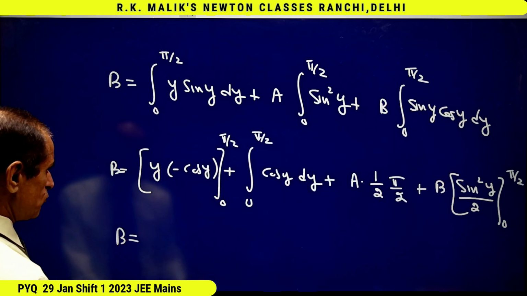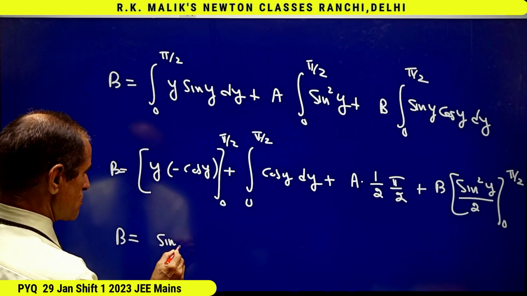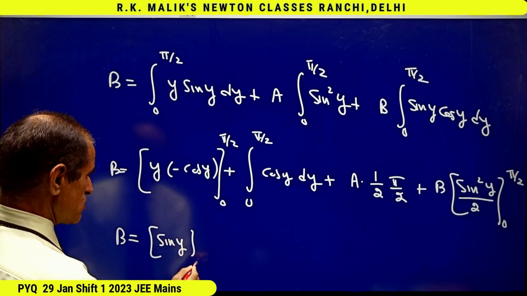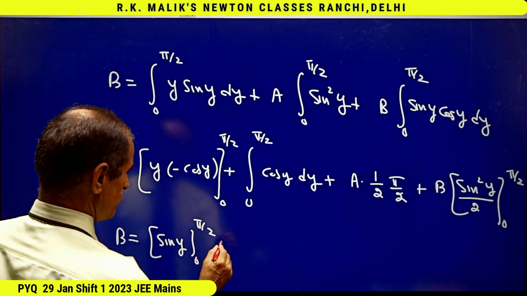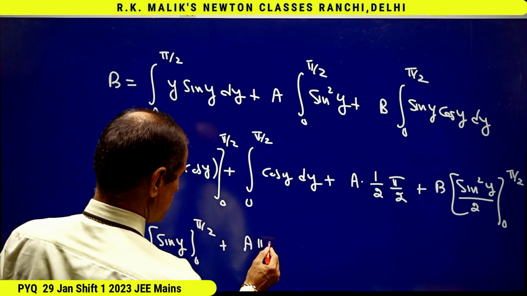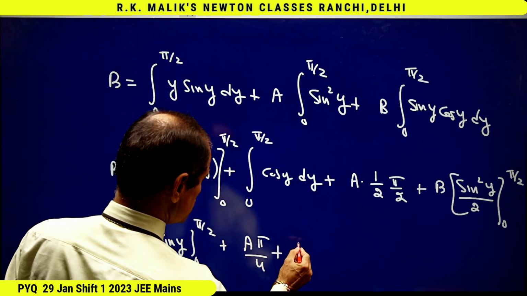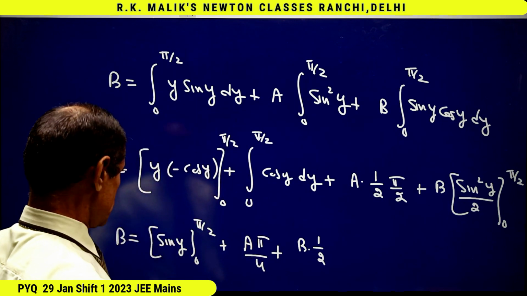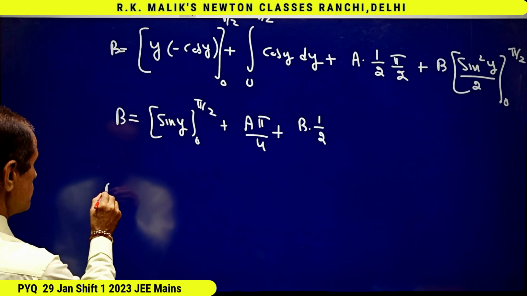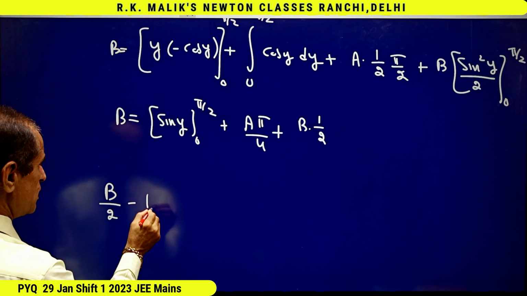That is, b is equal to sin y, 0 to pi by 2. This part will be 0 plus a pi by 4 plus b into 1 by 2. That is, I get b by 2 minus a